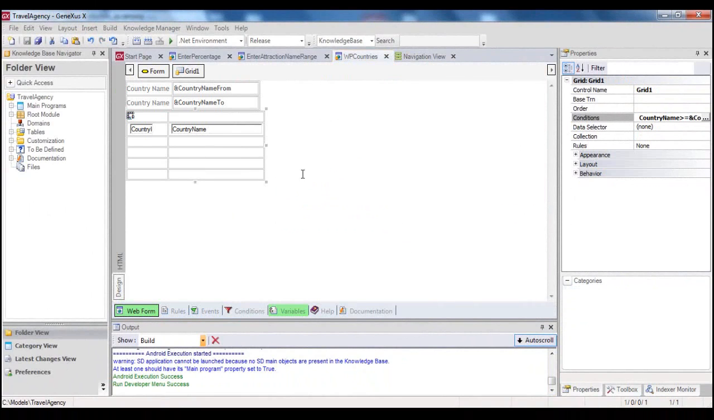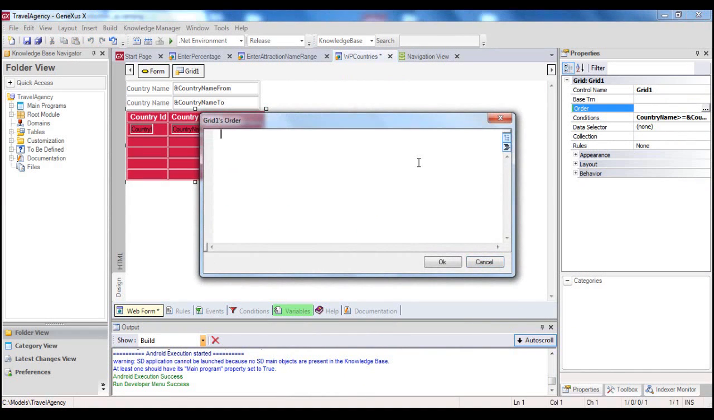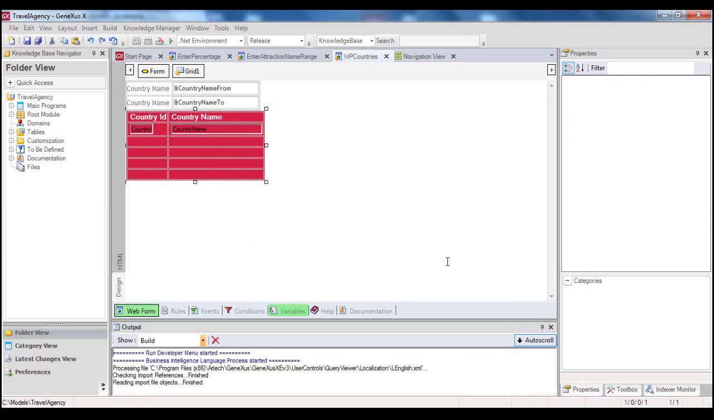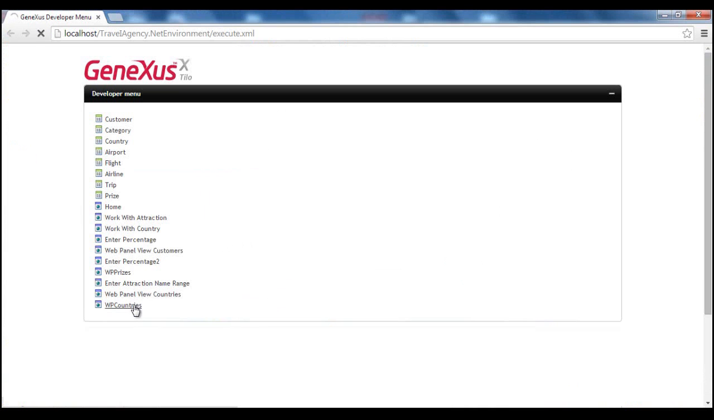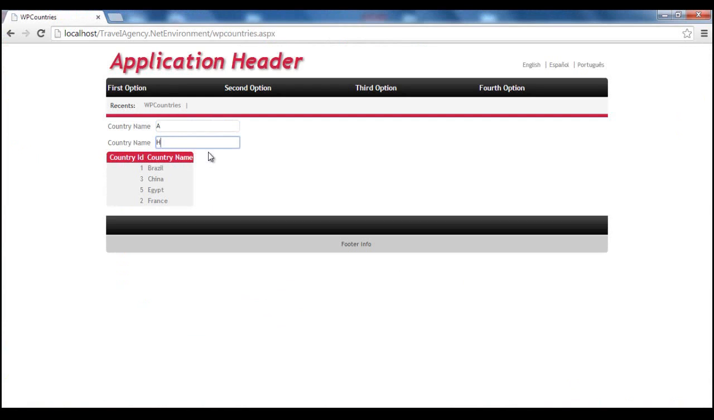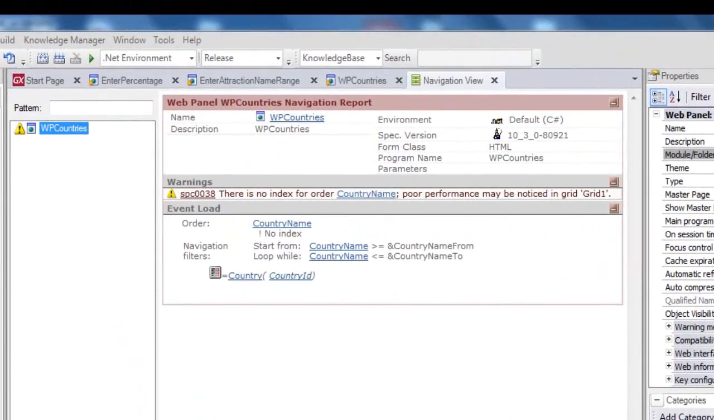Let's now configure the country name attribute for the order property. We execute again, set filters, and we can see that the countries included in the range specified are now shown on the grid by country name. Let's take a look again at the navigation list corresponding to this web panel. We now view the sorting by country name,